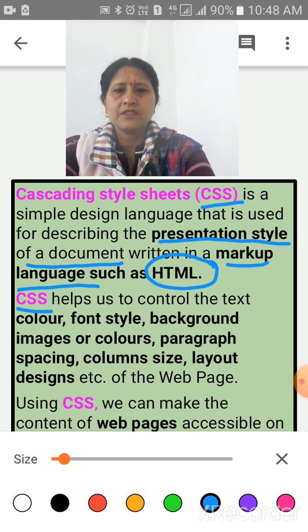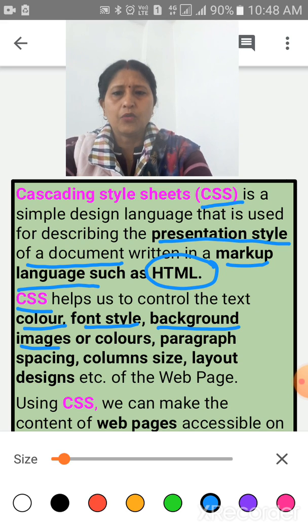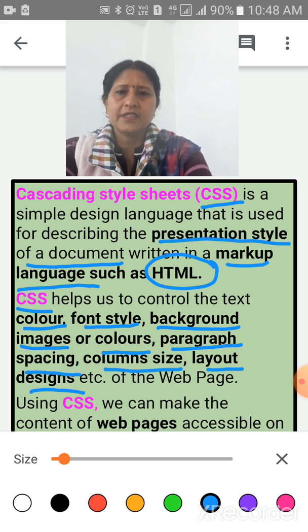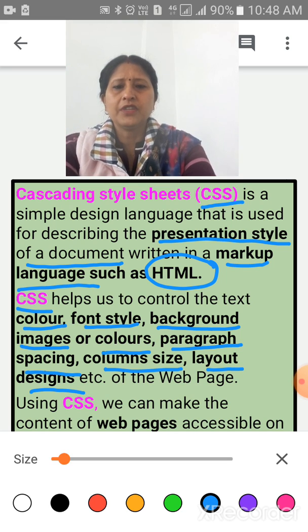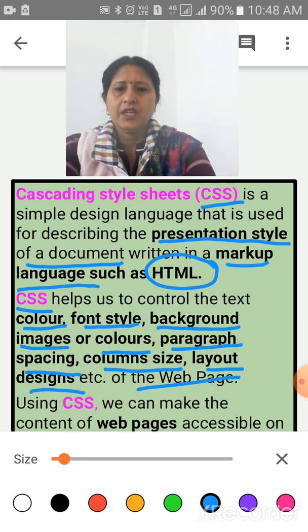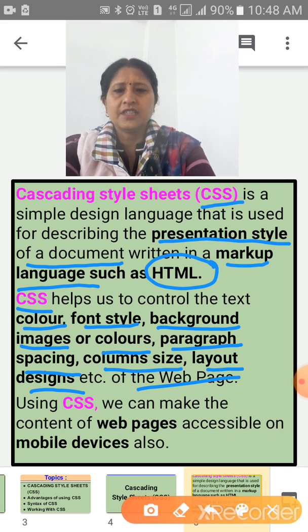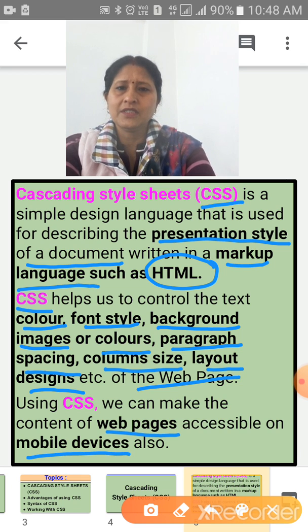CSS helps us to control the text, color, font style, background images or colors, paragraph spacing, column size, layout design, etc. of the web page. Using CSS, we can make the content of web pages accessible on mobile devices also.